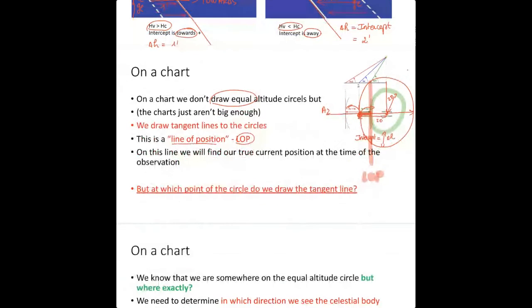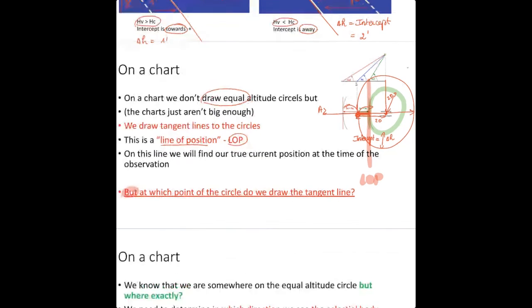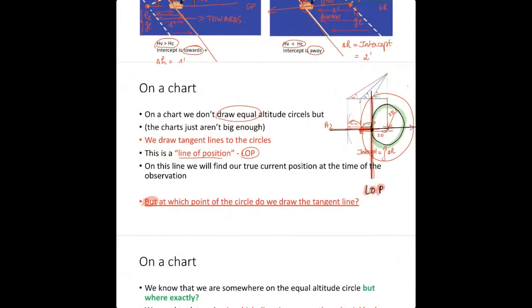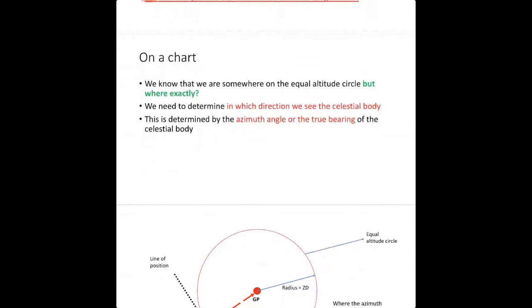So you know the question asked here, at which point of the circle do we draw the tangent line? I've already answered this question for you. We draw this tangent line at a point where, what was it again? The point where the azimuth line intersects with the true altitude circle. Okay, so at this point we draw our line of position. Okay, voilà. So on a chart, we know that we are somewhere on the equal altitude circle,